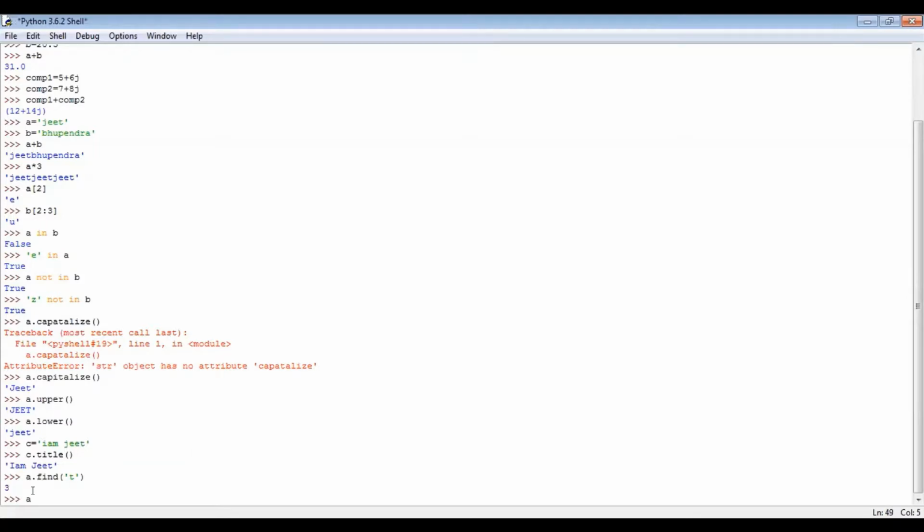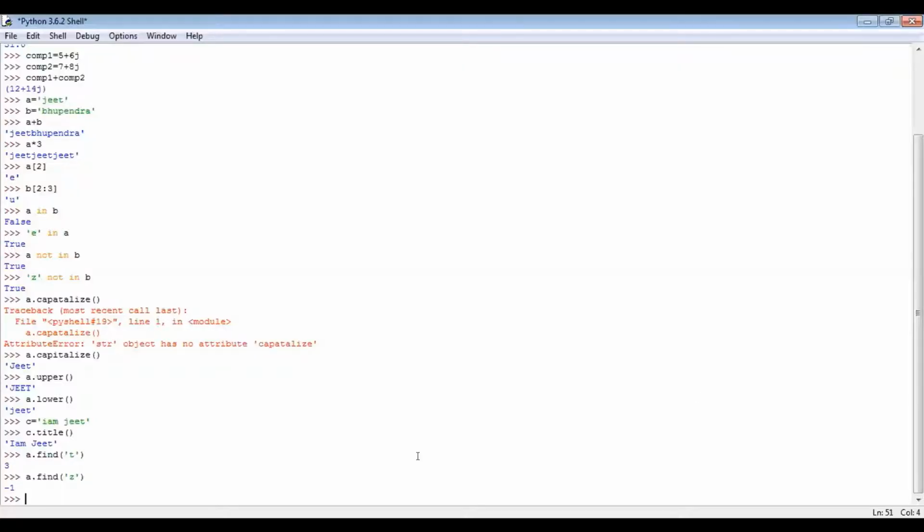Let's write a character which is not there in the string, and let's see what change occurs in the result. Let's write Z. See. So guys, let's take an example of a character which is not present in A, and I've taken that, as you can see on the screen, A dot find, I've taken Z, and it prints -1. So in the find function, if you're taking a substring which is not present in that string, then it will be printing -1 and it will not give an error. So that was all about the find function.